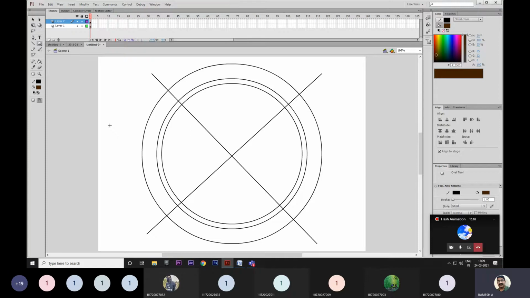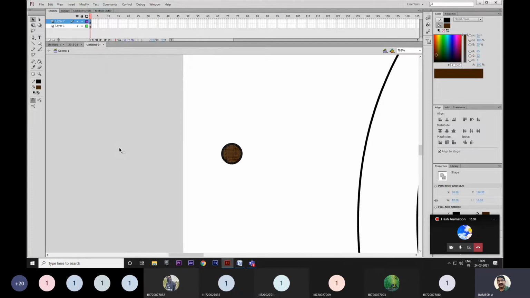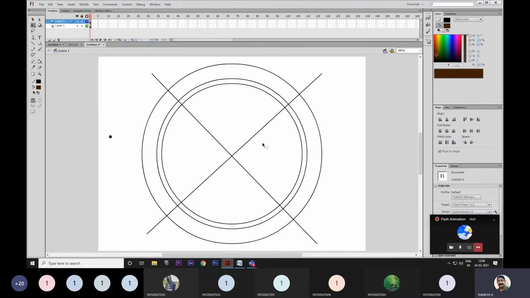Otherwise, I'll take a small circle. Control plus. Control 2. See, I have taken a small circle. Here, first you select the circle and give the alignment exactly at the center point. Okay, this is the horizontal center. This is the vertical center.